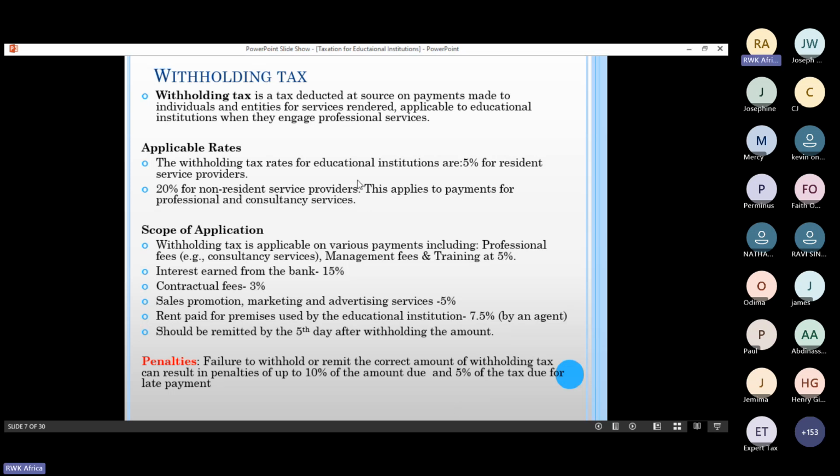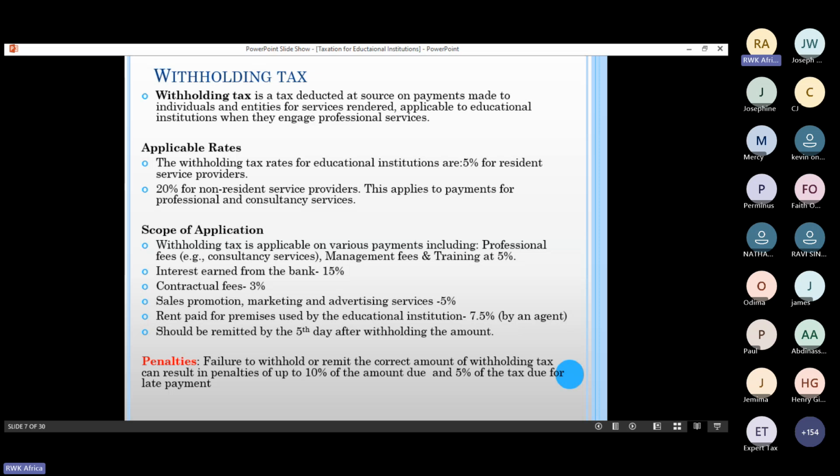So withholding tax is a tax deducted at source on payments made to individuals and entities for services rendered. I believe we have encountered different aspects where withholding tax applies. Even for educational institutions, you are expected to pay withholding tax. And for this case, it's not a must for you to be a tax agent, a withholding agent, for you